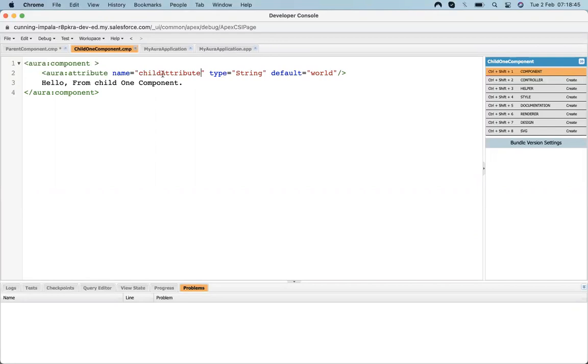Default value is world, and I'm going to bind this child attribute.